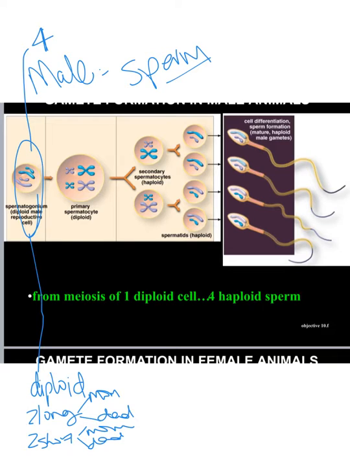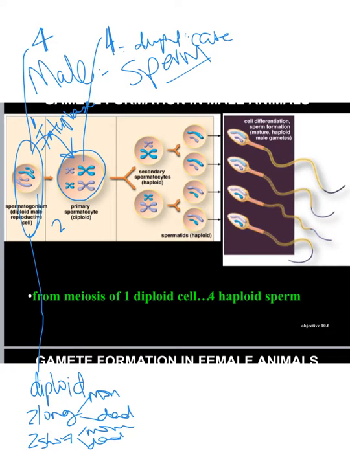Now, this cell is going to go through interphase. So from block 1 to block 2, this cell goes through G1, S, and G2 phase. The cell gets bigger and the chromosomes duplicate. So in block 2, we still have 4 chromosomes. They are now duplicated, in their sister chromatid form, but they're still 4 chromosomes. Now, it is this cell, which is called the primary spermatocyte, that is going to undergo